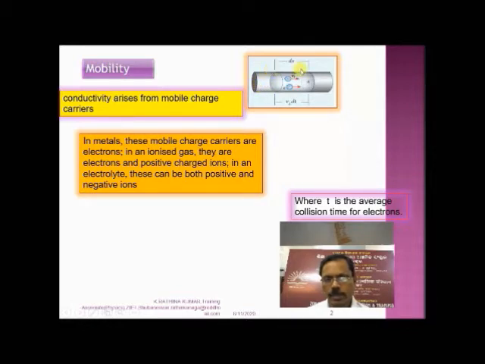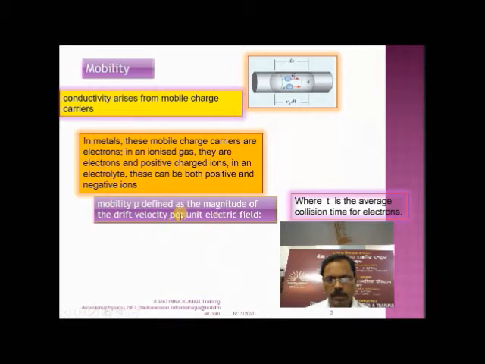And you are seeing this picture; you might already be familiar with this diagram. The distance between point A and this cut-off cylinder is dx, the length of the element of the conductor, and this is the mean drift velocity, and this is the electron. The distance is velocity into time, so ds is equal to drift velocity into relaxation time, a small time dt. Mobility is defined as the magnitude of the drift velocity per unit electric field. So in the equation we can write mobility as the modulus of drift velocity divided by the electric field.